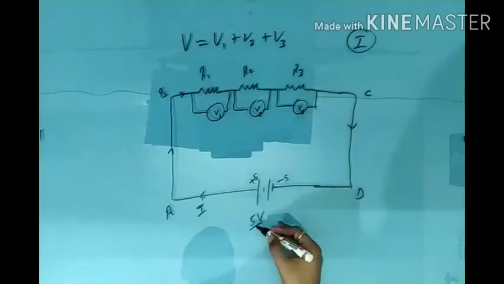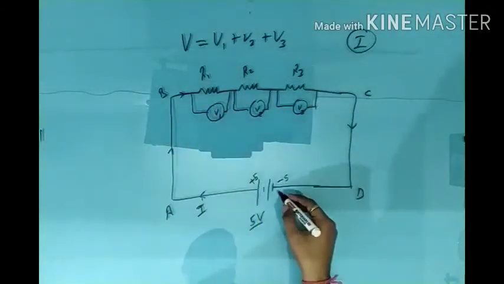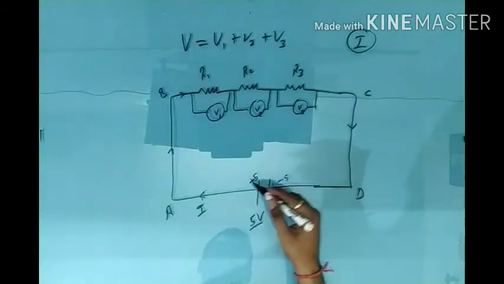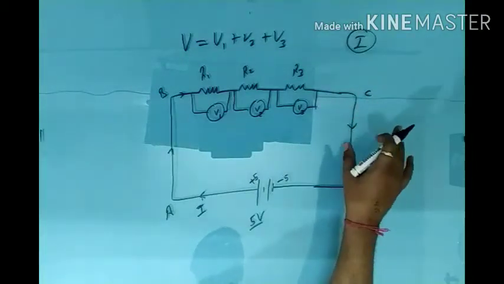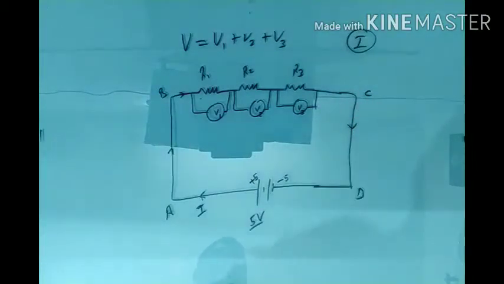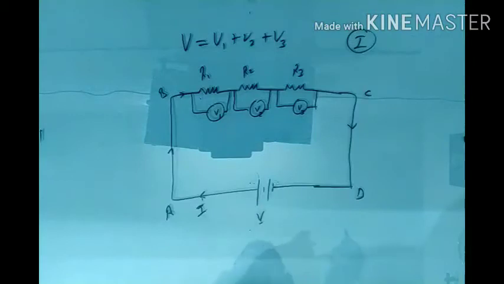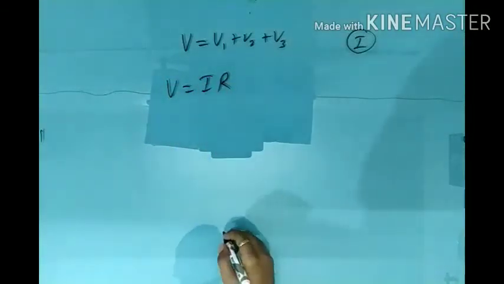Now the total potential is 5 volt. Then after completing that circuit, it reaches this point. It means the potential becomes minus 5. It means potential is dropping anywhere if there is any obstacle, that is the resistance. So here we can say that potential is divided into 3 parts, that is V1 plus V2 plus V3, and the total potential is V. As we have taken just an example of 5 volt, now we can say that it is only V. Now according to Ohm's law, we know that V is equal to IR.